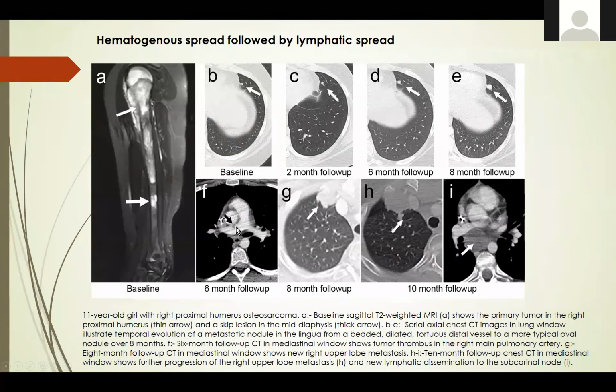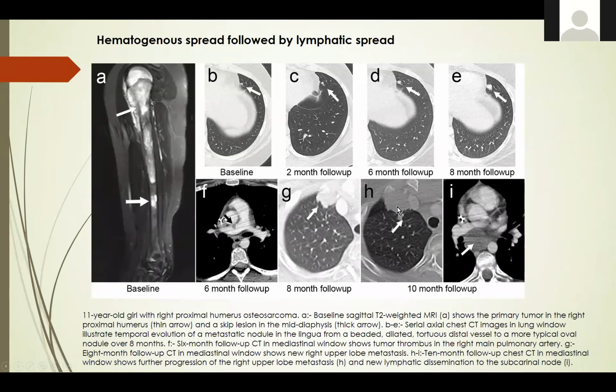Just keep in mind that sometimes tumor emboli happen in tumors beyond hepatocellular carcinomas or renal cell carcinomas. And what happened after that is, over a period of time, these emboli developed metastatic disease. So this is metastatic disease in the right upper lobe. And over a period of time, we all know that osteosarcoma spreads hematogenously, right? Over a period of time here, maybe from the lung,